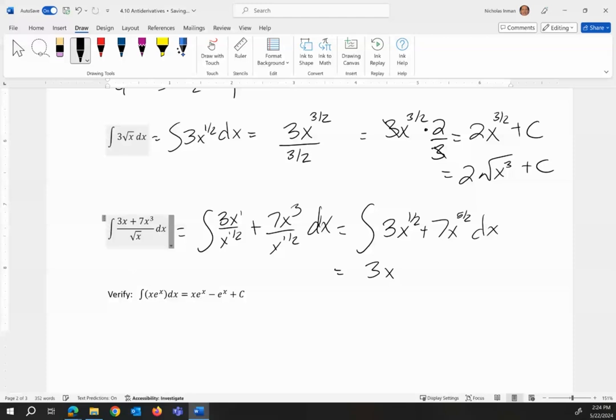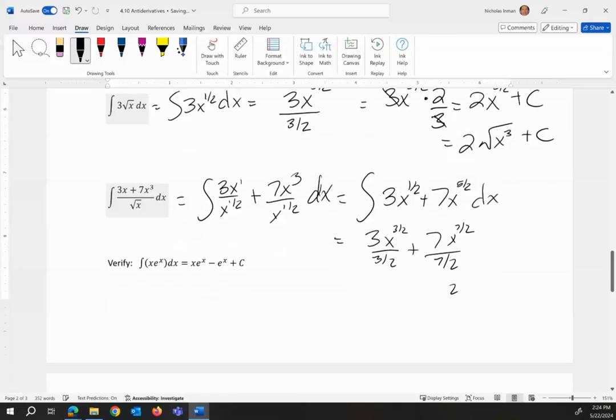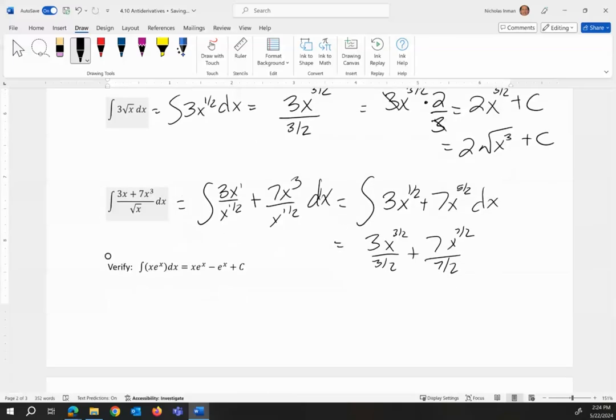So 3x, I add 1 to this, that's 3/2 over 3/2. I add 1 to that, so that's 7/2 over 7/2. All right, from there,